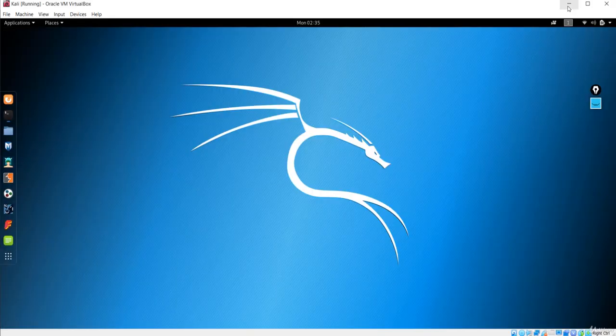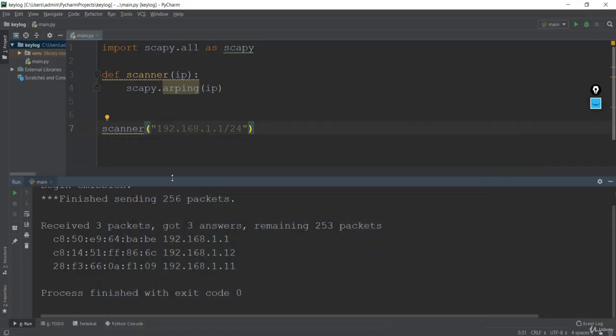So what we just did in this lecture was we made our Scapy module work for the scanner. We didn't do anything special over here because it was just a one-line code. We'll see under the hood how this works in the upcoming lecture, but for now, we just passed the IP address, or every subnet of that IP address that is connected over here, and we got this arping to work for us.